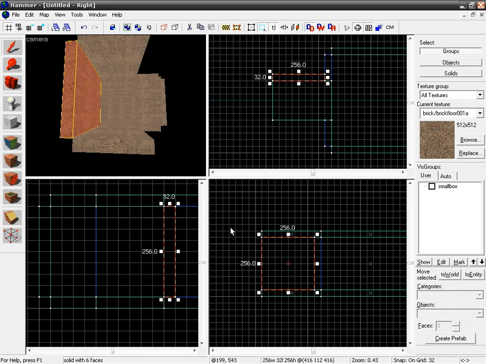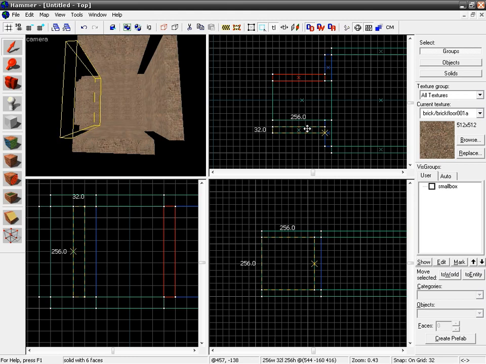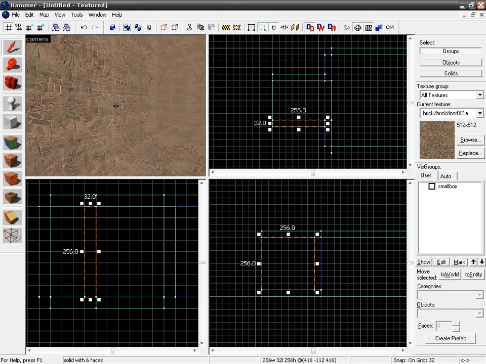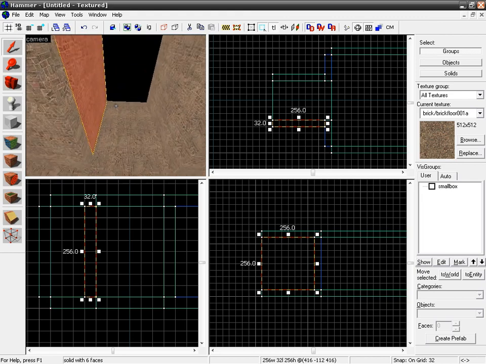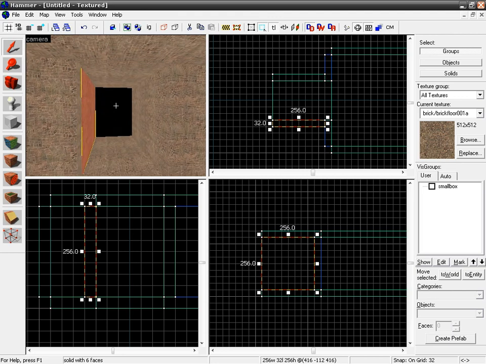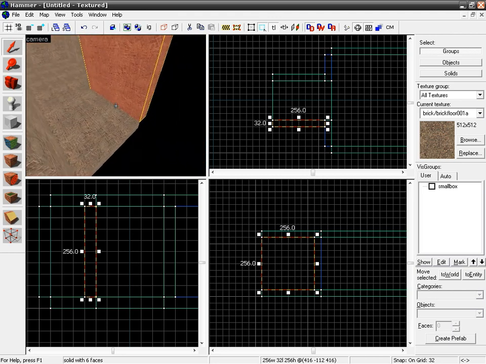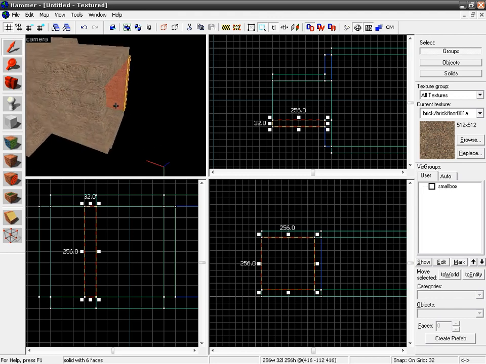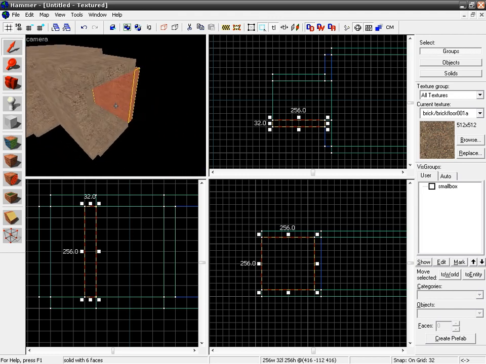With that still selected, go to our top view and shift click it, add the other edge, and now in the 3D view you'll notice that we have a hallway, a rather big one. So let's just make a really small room that it connects to. Or, to be even simpler,